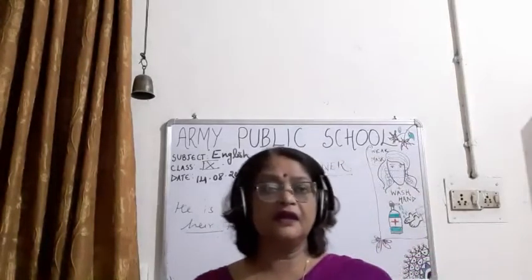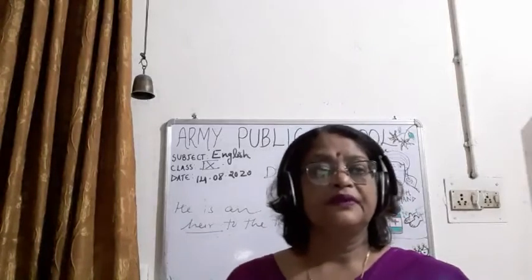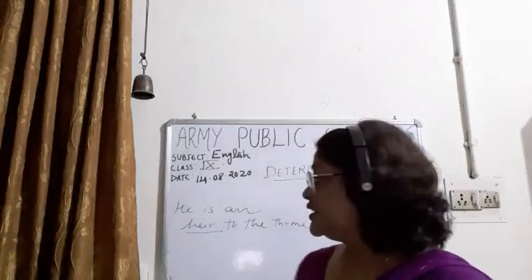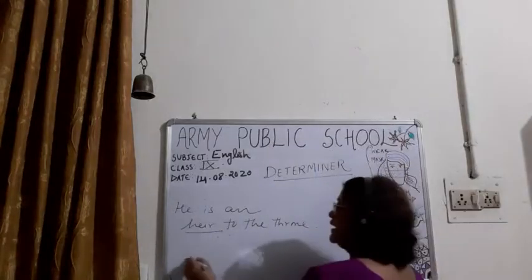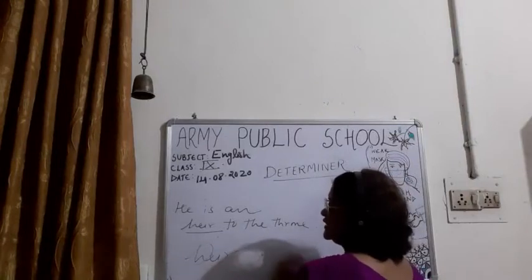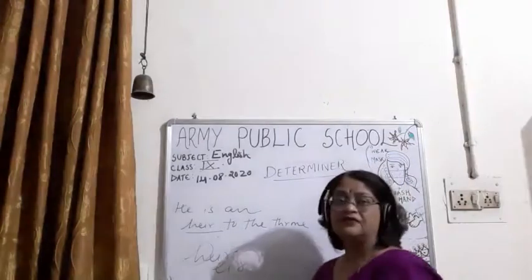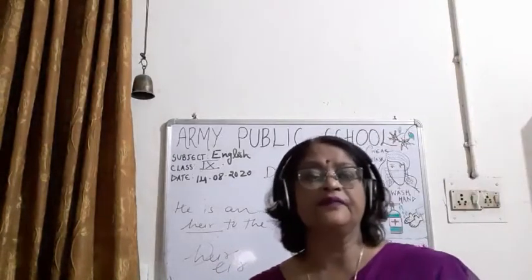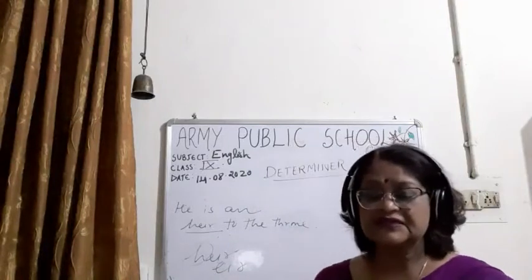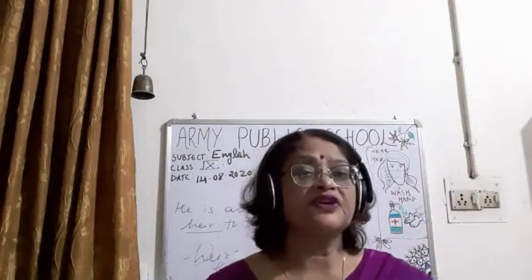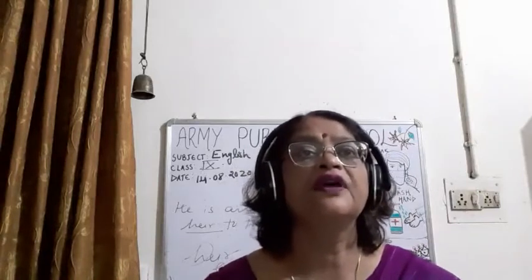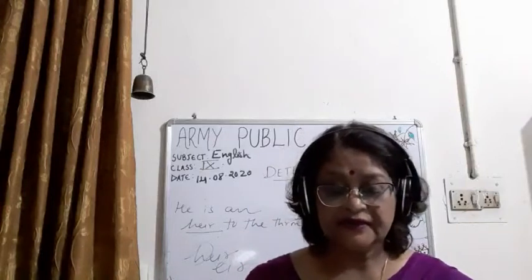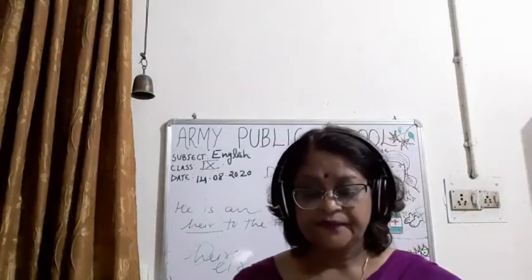Then some other example of "an" is, he is an heir to the throne. Heir is the person who sits on the throne. Now children, here the spelling is H-E-I-R. H is silent and we are pronouncing it "air". We are not pronouncing it "hair". That's why which word is coming here? An is coming here.